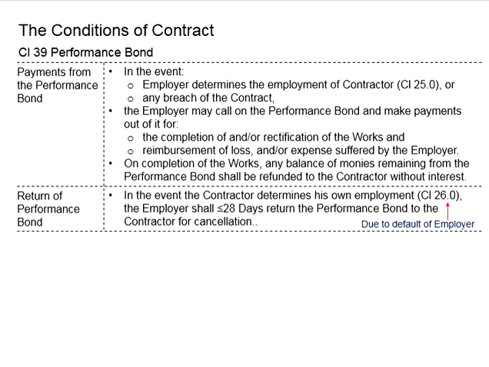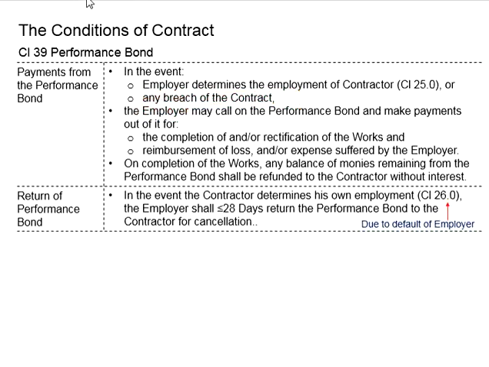You know that clause 25 here is related to the determination of the employment of the contractor by the employer. That means the problem is with the contractor. Now the employer cannot tolerate the default of the contractor and decides to stop the employment of the contractor. Or in the case of breach of the contract by the contractor, this is when the employer can call on